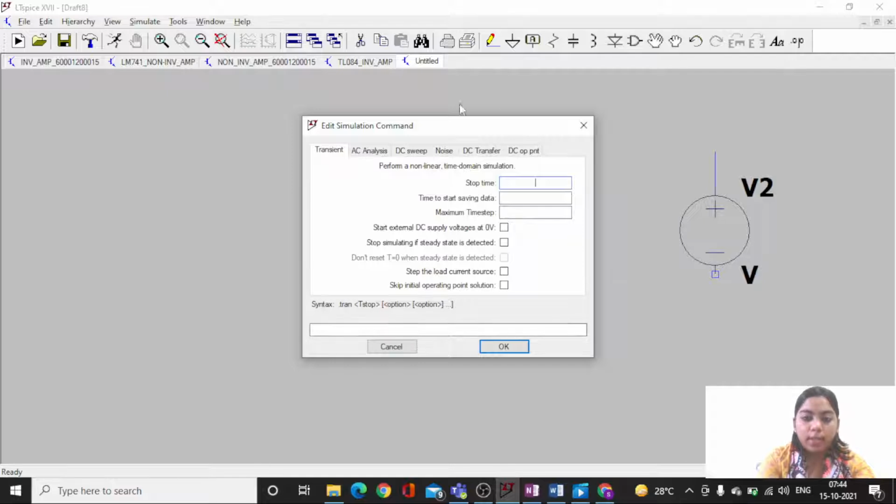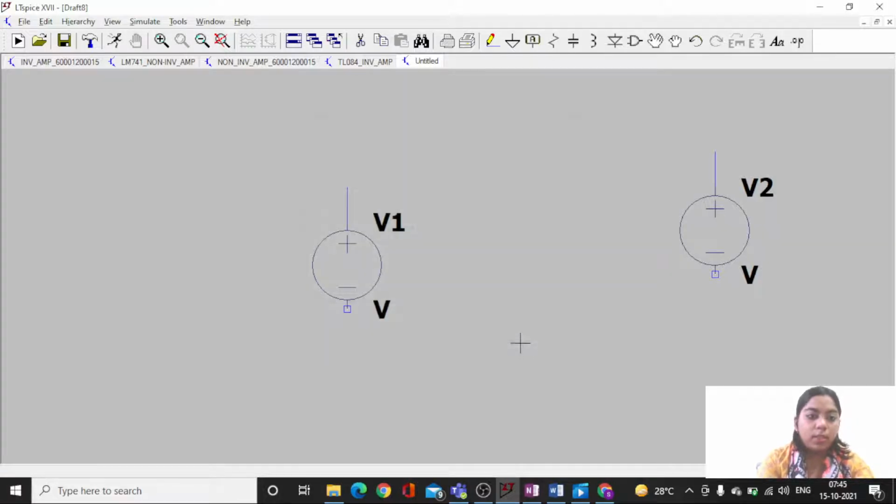Once I explain the actual circuit, I will explain about this edit simulation command. Then how do you provide a stop time, so how many cycles do you want for the waveform, this is determined by this stop time. So this is about the runtime.